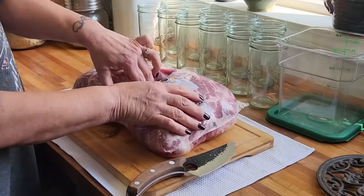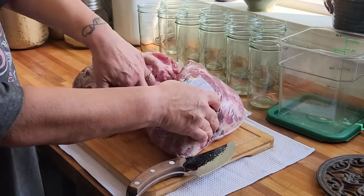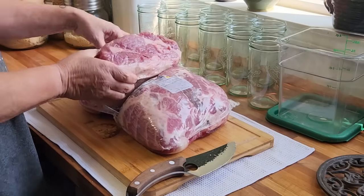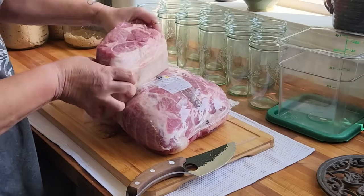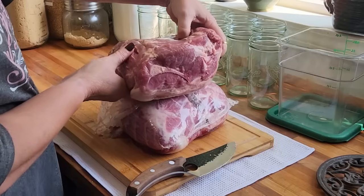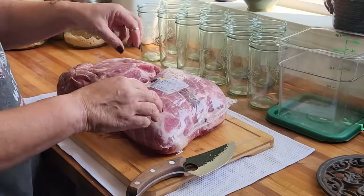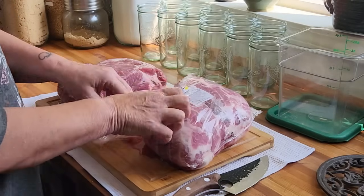Most of the time when you get a pork butt or a pork shoulder, they will cut it in half, but both pieces are in one package. And it has a bone in it. So you have to be aware that you are paying for part of the bone, okay? But that's all fine and dandy because